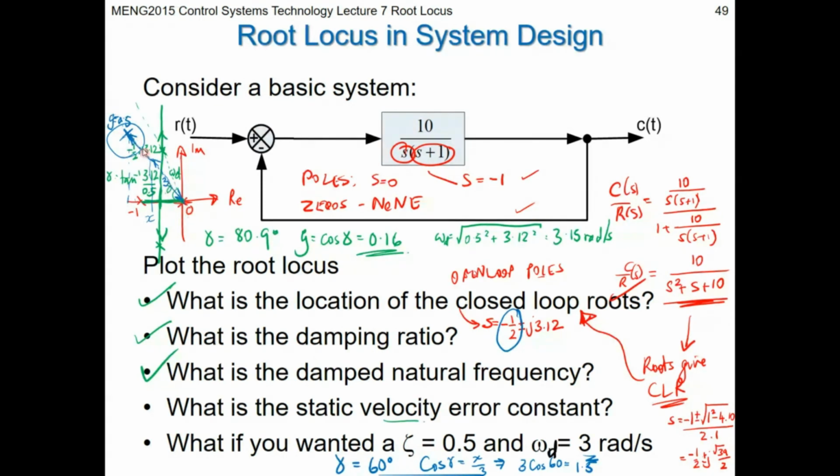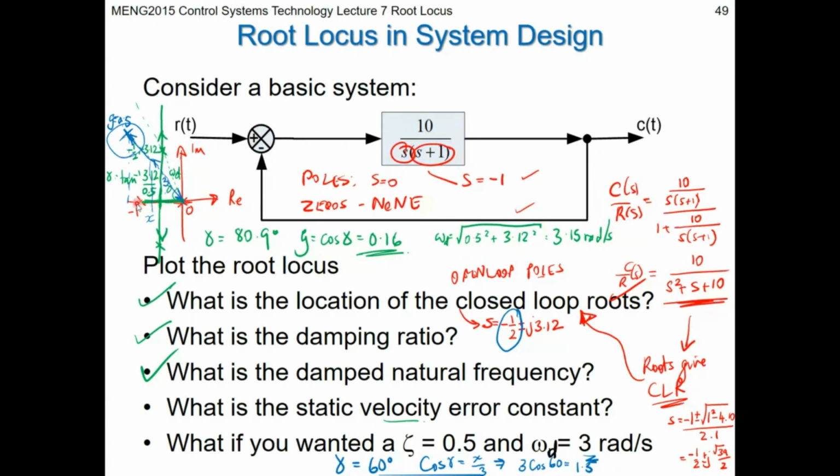I want my closed loop root to lie on this damping line so that it has a damping ratio of 0.5. But I also want it to be 3 radians per second natural frequency, omega d. And so I could either measure, if I plotted this, measure 3 along the line, that's going to give me omega d from the origin along this damping line. Or I can do it using a simple bit of trigonometry and say, well, if the hypotenuse along this triangle is 3, then I can calculate my